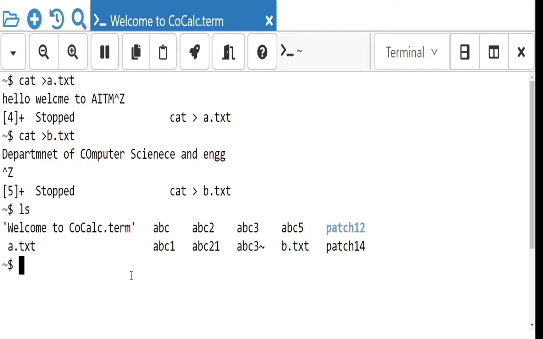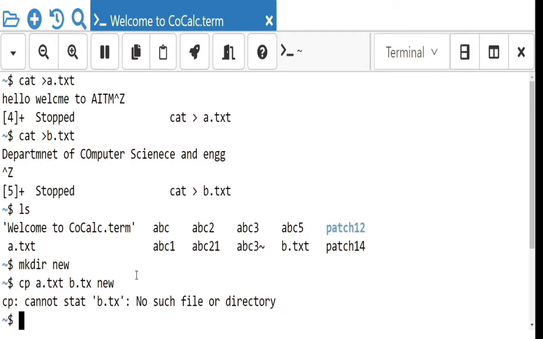Now I will create one folder, mkdir new, a folder I am going to create here. Now I have to copy the contents from a.txt to b.txt, and from that I have to copy it into the new folder. Now b.txt is there.